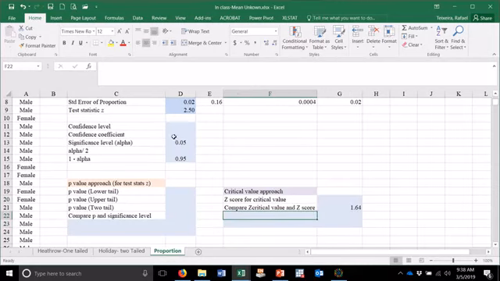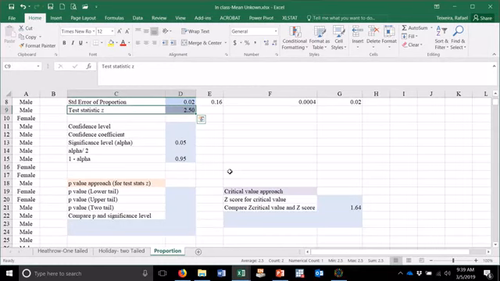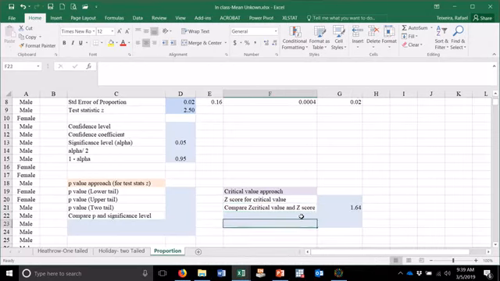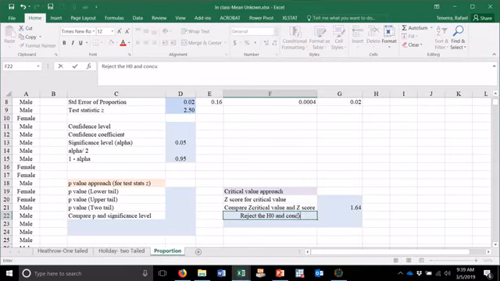So let me compare, and the rejection rule is, if the test statistic I found is higher than my z critical, I reject the null hypothesis. So this is what I'm going to do. 2.5 is higher than 1.64. So I reject the null hypothesis and conclude that